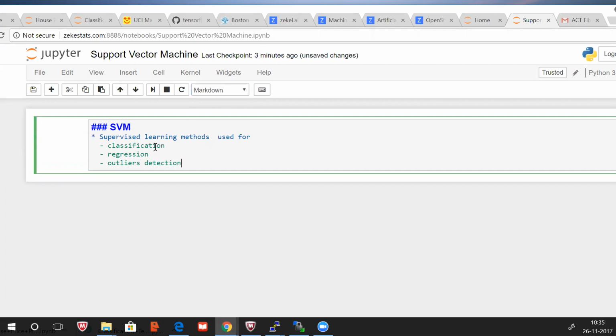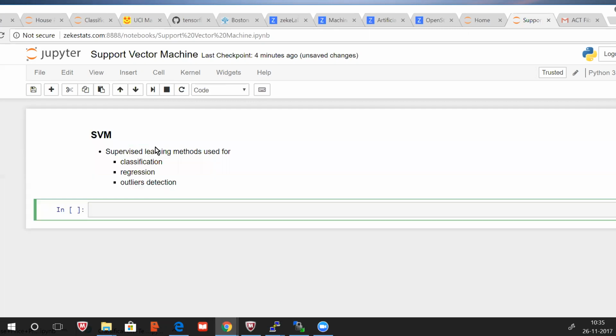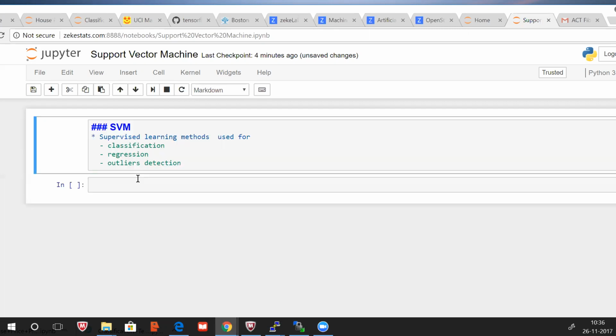Outlier detection is useful in identifying fake transactions. That means you have some data, and you want to find what does not fit the trend of the data. So it is very useful in identifying security threats, identifying fake transactions, right? Outlier detection. So the advantages of SVM are